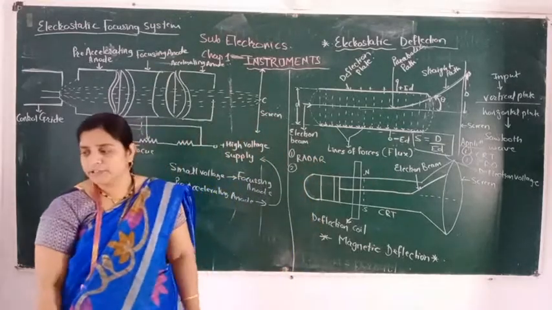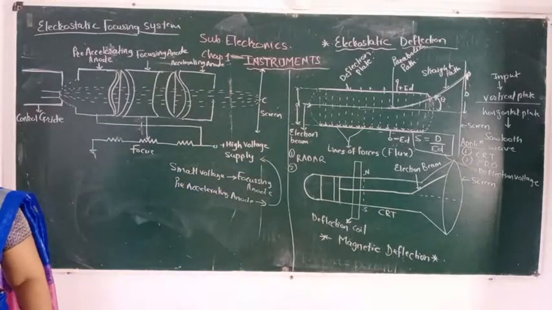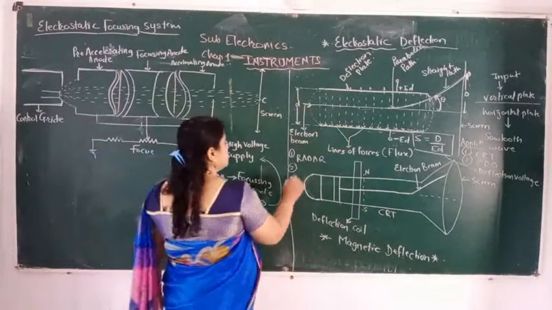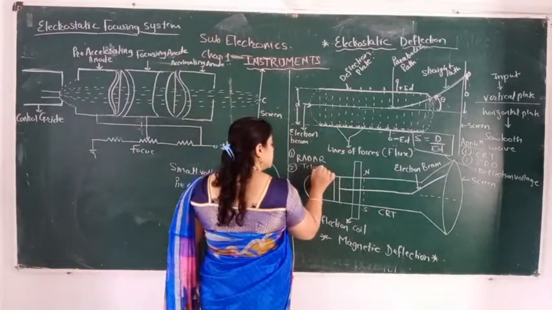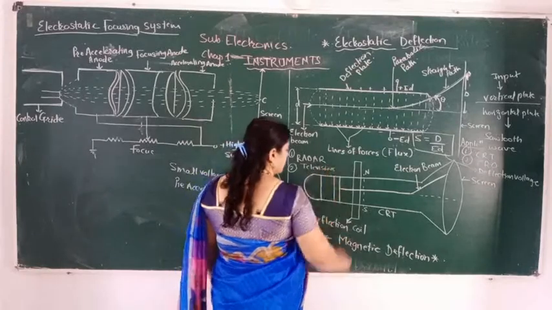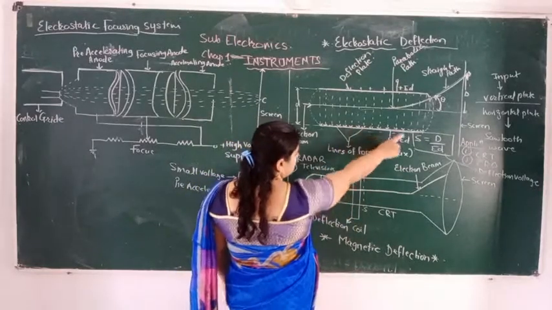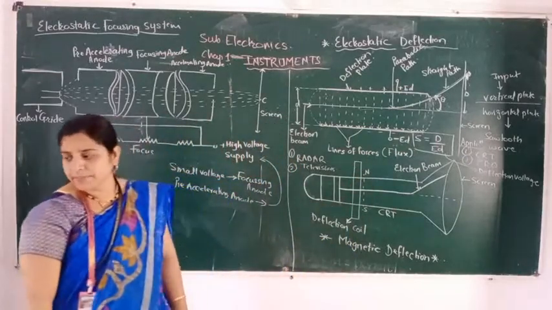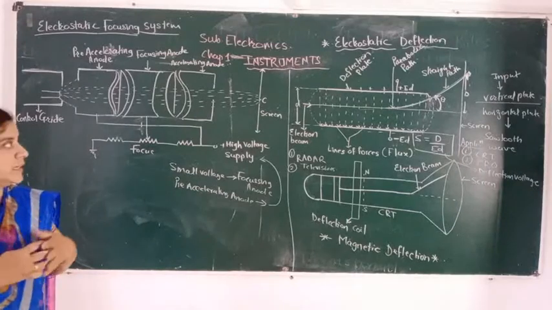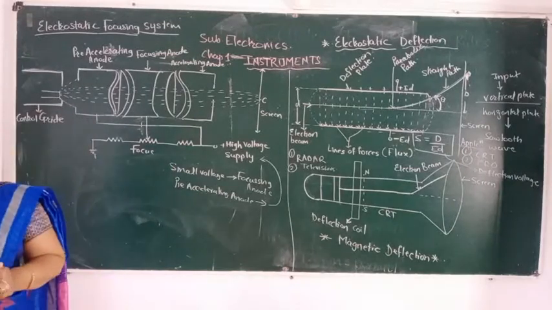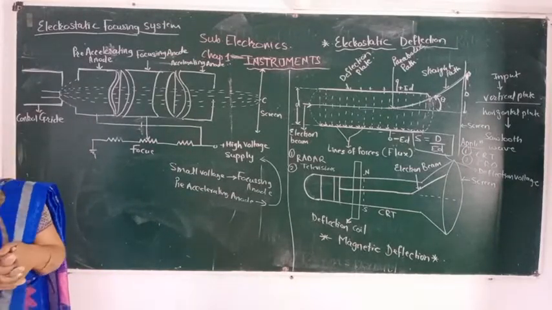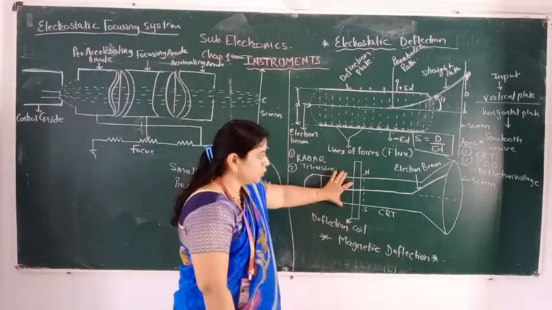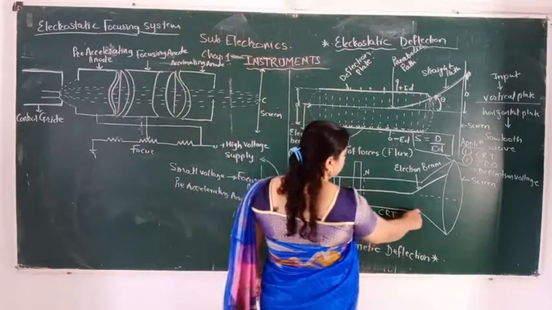This magnetic deflection is used in radar systems as well as in the television picture tube. In the televisions, here no lines of forces are used like this. Only one coil is used, that is the deflecting coil. If the electrostatic deflection is inconvenient, then only it will be used. So what is there? There is a coil at the neck of the tube, and a CRT is used here.